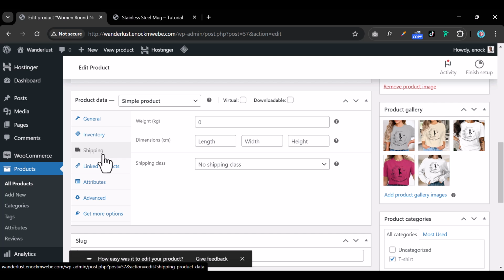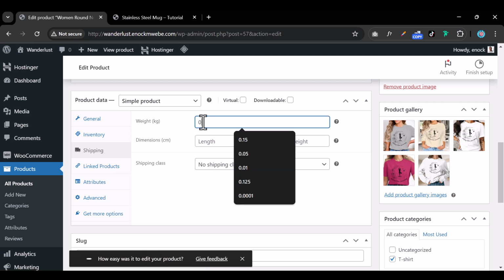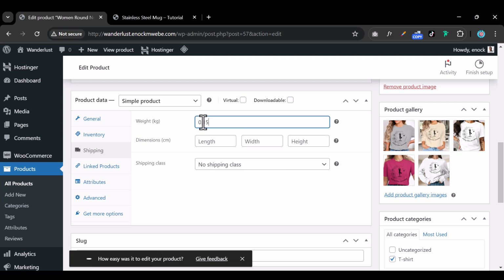So now under the shipping option, you can set up stuff like the weight. For example, if it's 0.15,